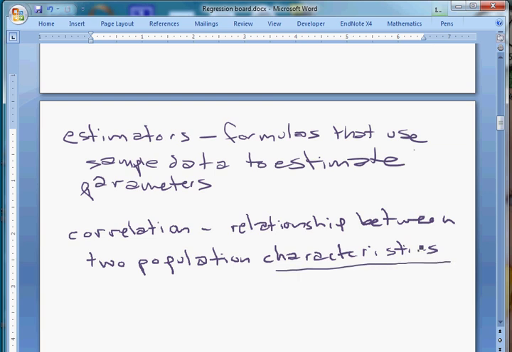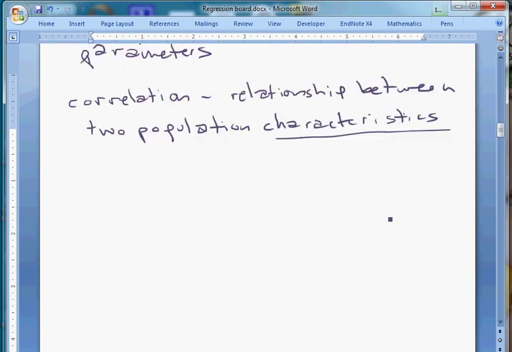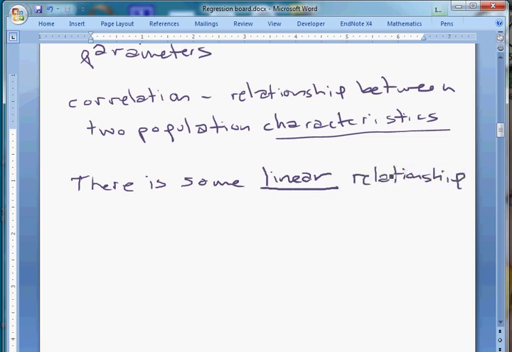Okay, so in simple linear regression, what's the basic idea? Well, what we're hypothesizing is that there's some linear relationship between two variables. By linear, I mean it's shaped more or less like a straight line. Between two variables. These are going to be y, which is a dependent variable, and x.